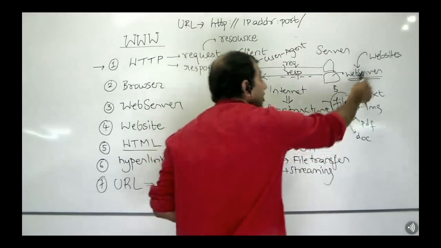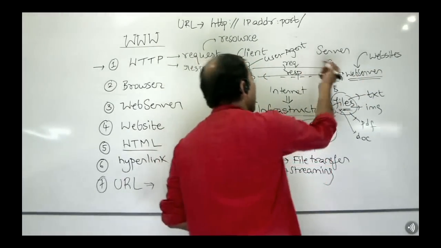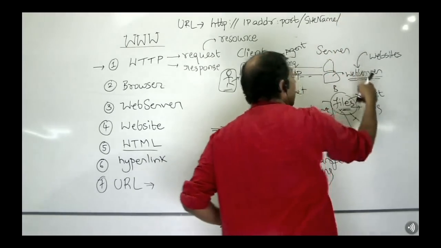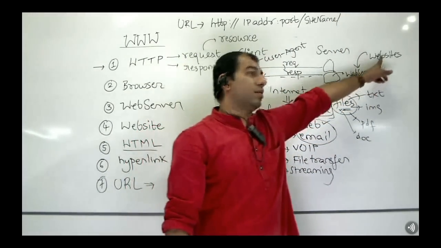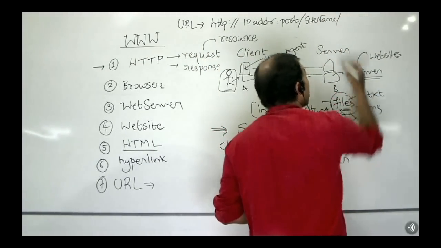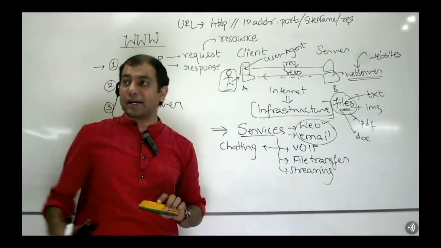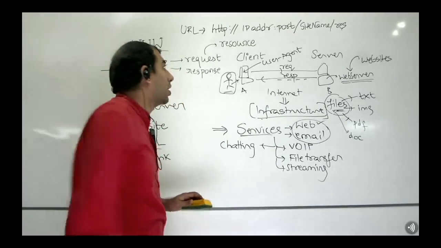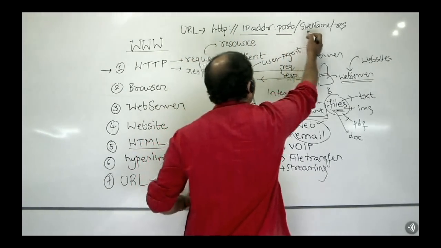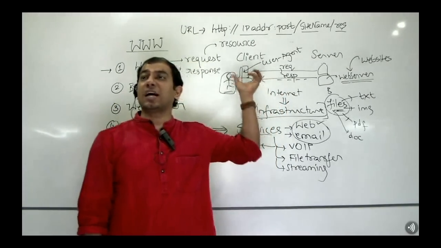Alright. Now, within that web server, what do you want to identify? The website, because one web server can have many websites. Every website is given a website name. It's a unique name within that web server. Within one web server, the website names are unique. So the site name is what is used. Within that, what will be there are resources, so the files. And this forms your URL template. Your HTTP URL consists of HTTP:// identifying the protocol that is used, IP address, port number, site name and /resource. Look at the elegance and simplicity of this addressing.